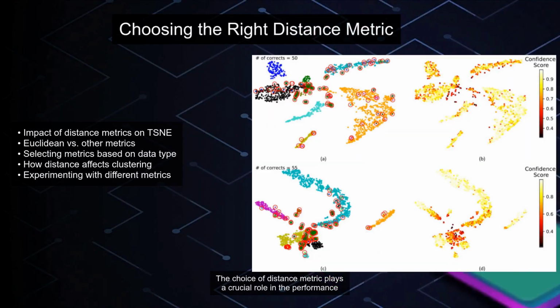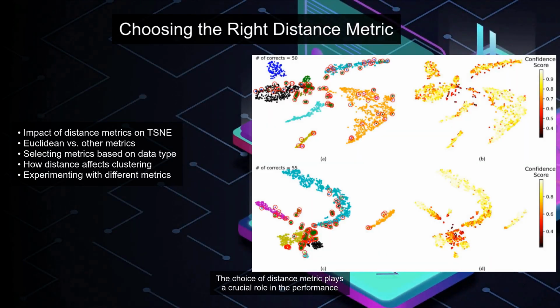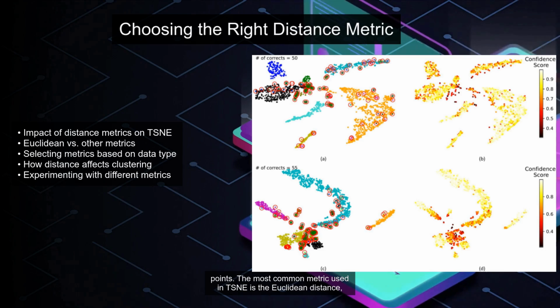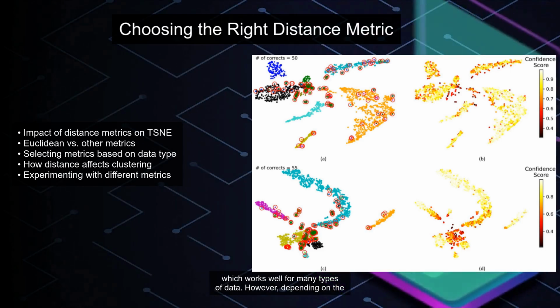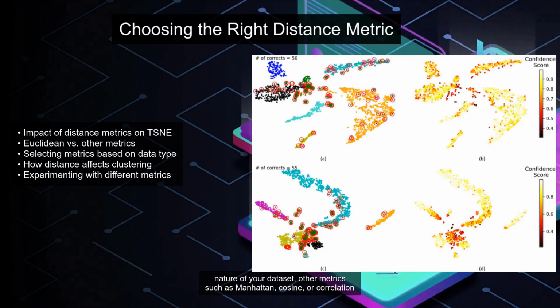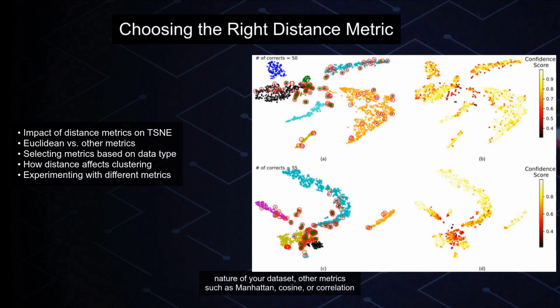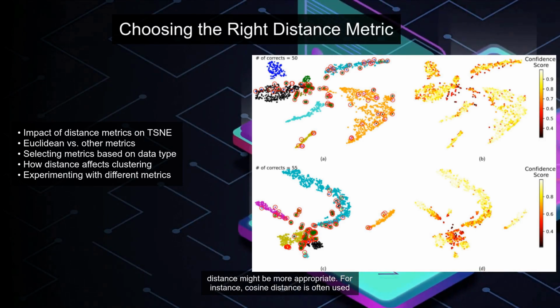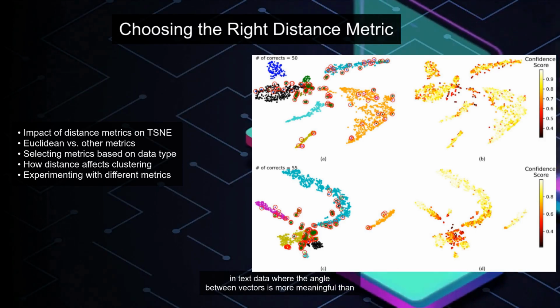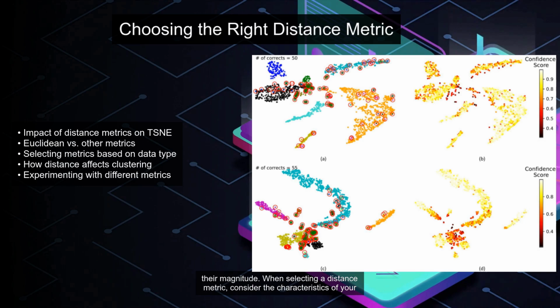The choice of distance metric plays a crucial role in the performance of TSNE. It determines how the algorithm perceives the similarity between data points. The most common metric used in TSNE is the Euclidean distance, which works well for many types of data. However, depending on the nature of your dataset, other metrics such as Manhattan, cosine, or correlation distance might be more appropriate. For instance, cosine distance is often used in text data where the angle between vectors is more meaningful than